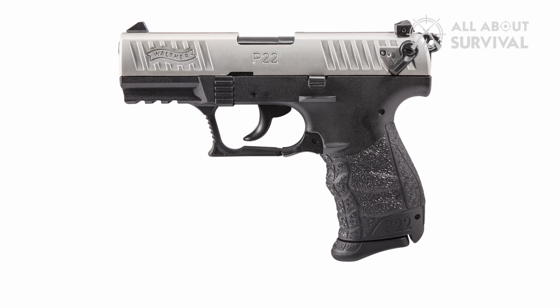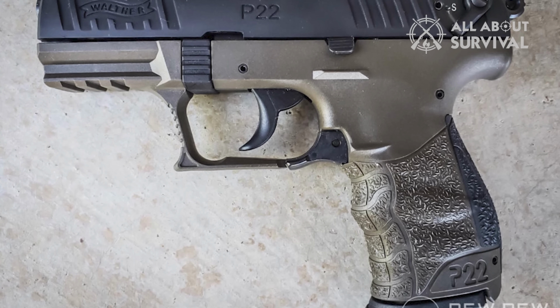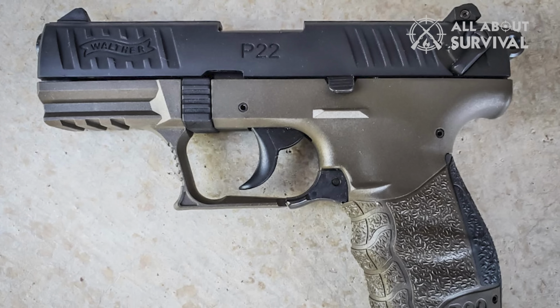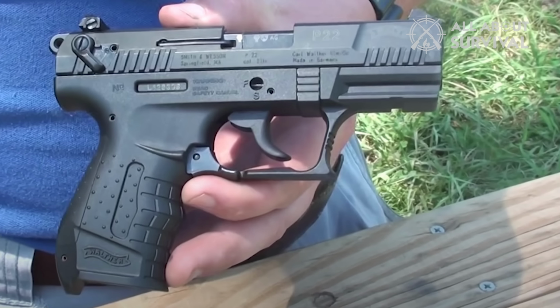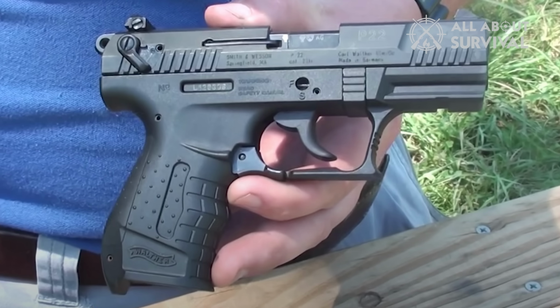The P22 features both front and rear slide serrations, texturing at the front of the squared-off trigger guard, and a small cavity at the base of the trigger guard for added space for gloved hands. All of the controls on the P22 are ambidextrous, including the safety and European-style magazine release at the back of